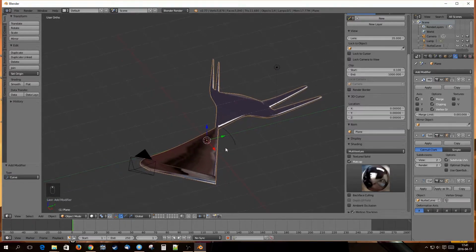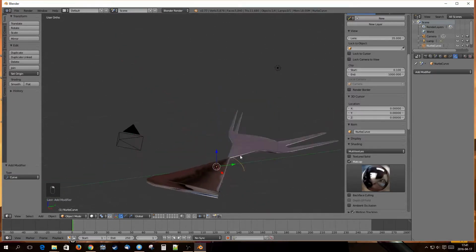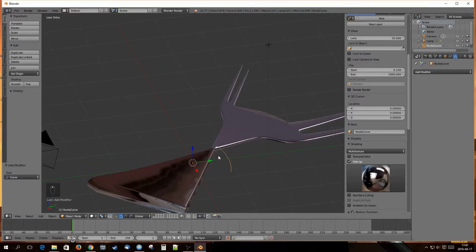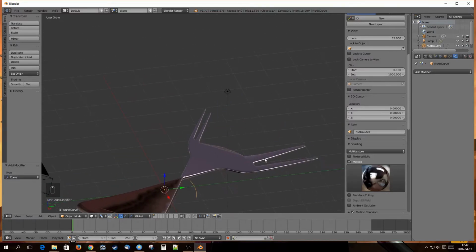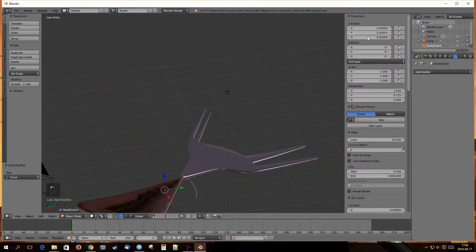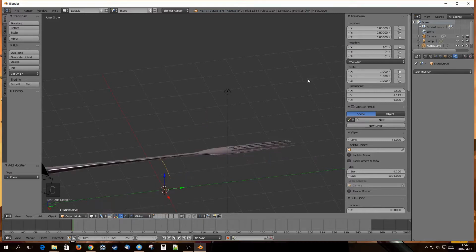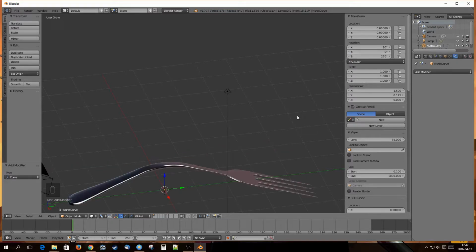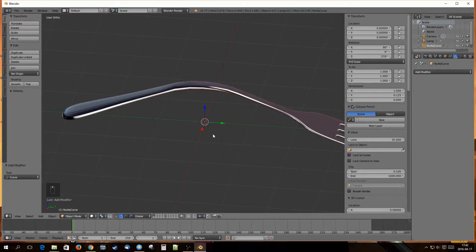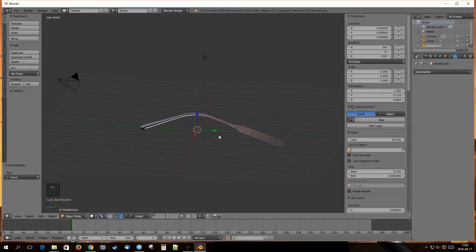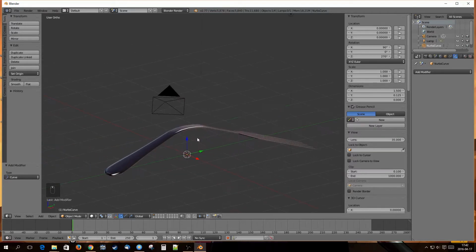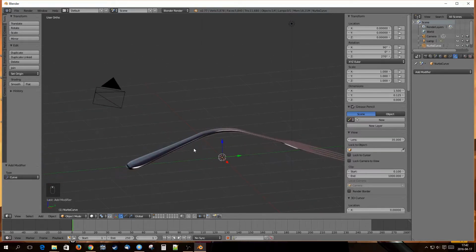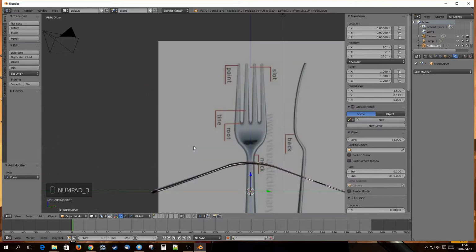However, if we rotate this curve, then we'll get the result we want. So we need to rotate this in X 90 degrees and in Z 270 degrees, and now it works just fine. So of course we need to change the shape of this curve, so we go into right view,